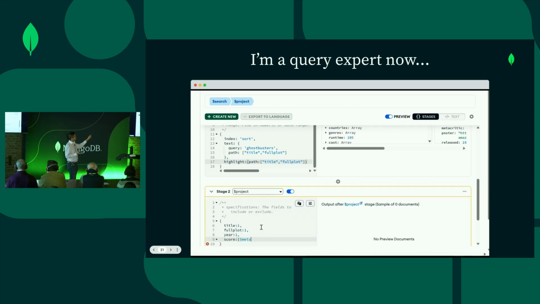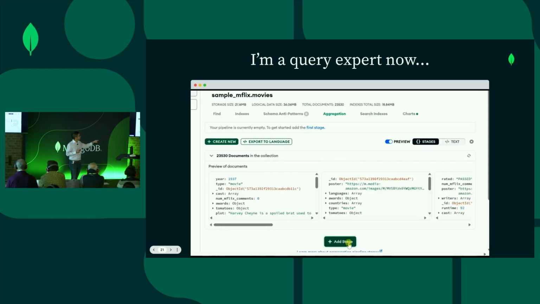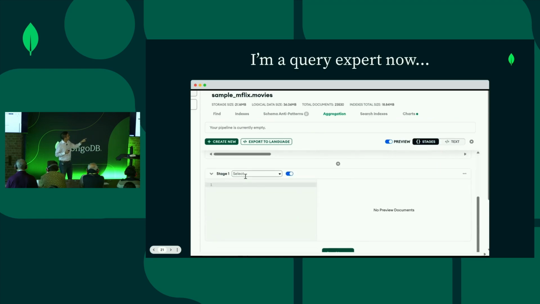In the project stage, I also had 2 specific meta fields, the score field that we just discussed with the TF-IDF thing, and then a highlights field as another meta field. Again, we'll talk about highlights shortly. So once I've defined all of these, the preview shows, and I can pretty easily then